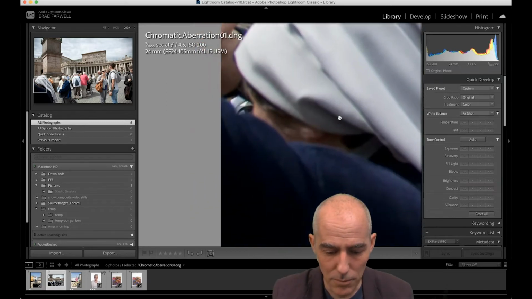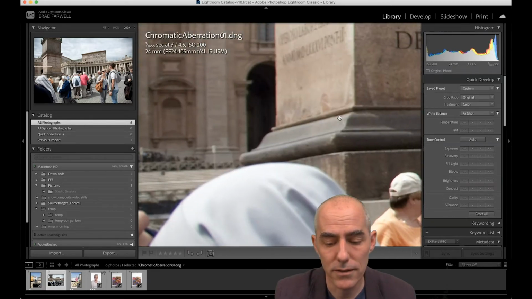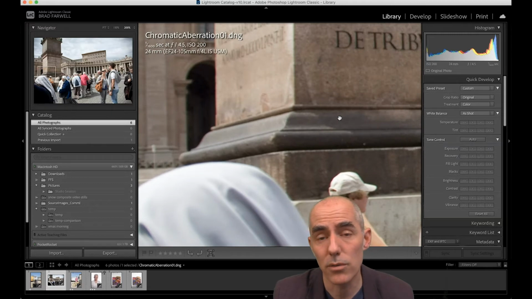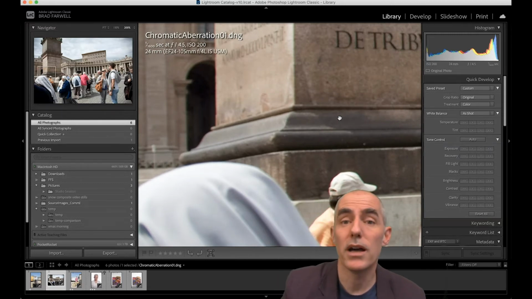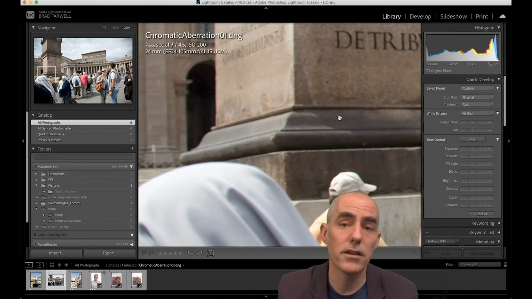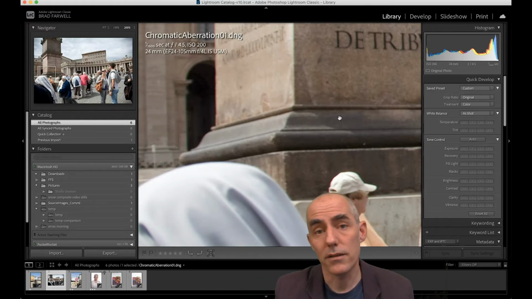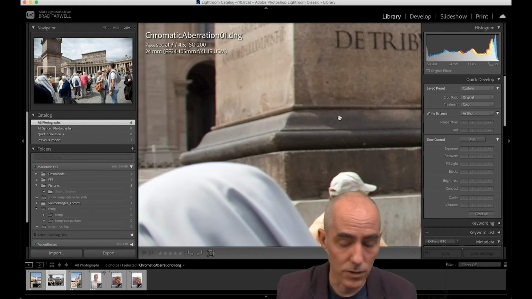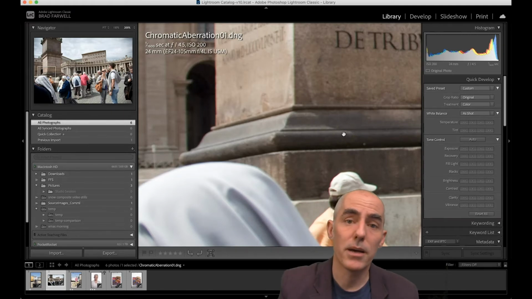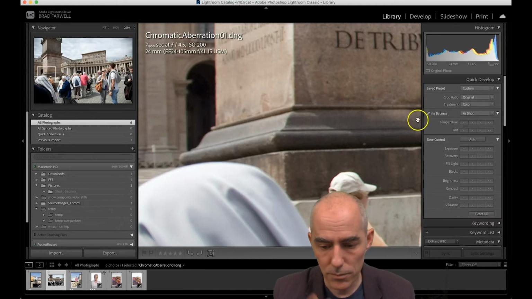Okay, so the issue with this is that it is really hard to get rid of outside of a raw file. So if you have converted into a PSD or a TIFF or whatever, it's going to be hard to deal with. You're going to be sad. So let's do it before that happens, and let's do it to all our images. How do we do it? Here in Lightroom, we go over to the Develop tab,